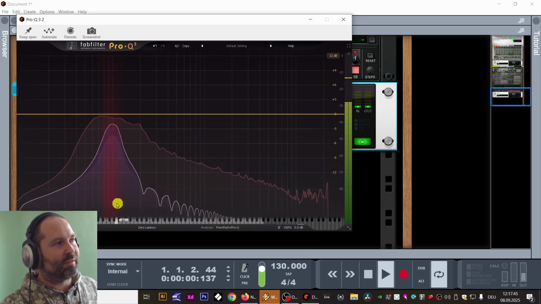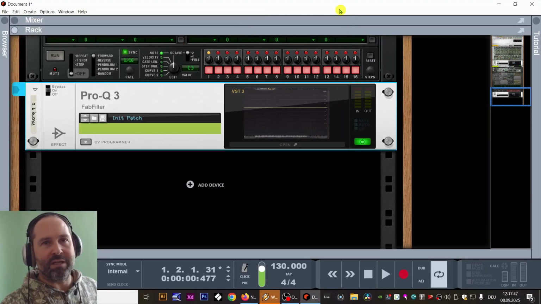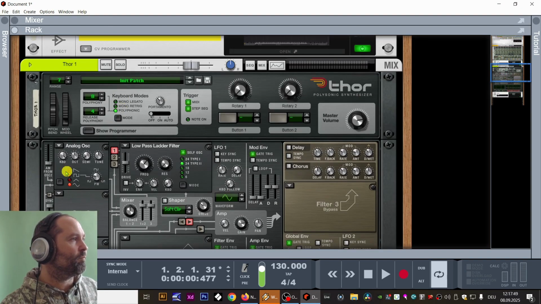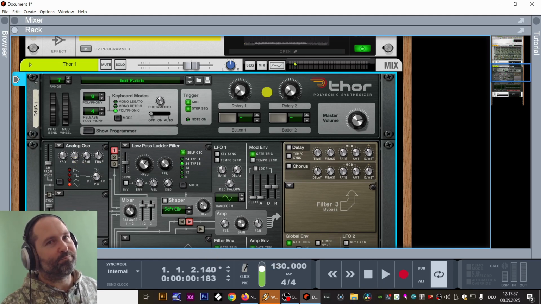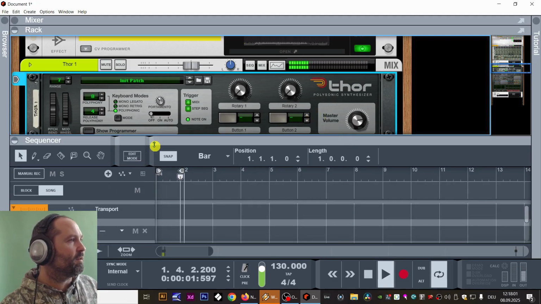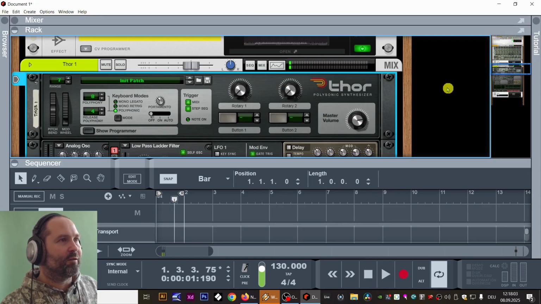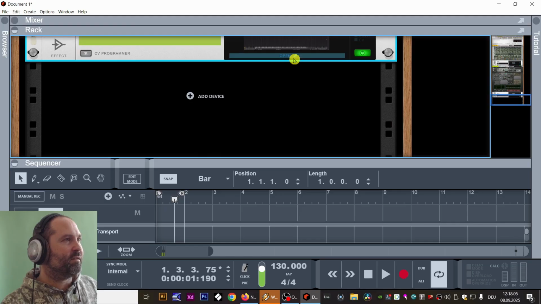Not ideal. So we're going to bring that bass down even more. Just over here, I'm going to bring the octave down. Now, if you've got small speakers, you might not be hearing that. But if we check the frequency,